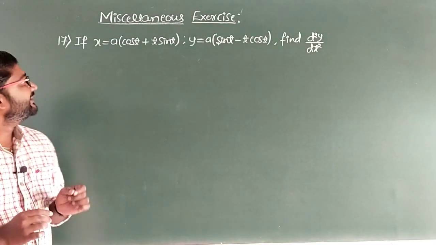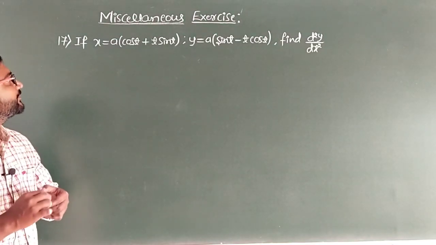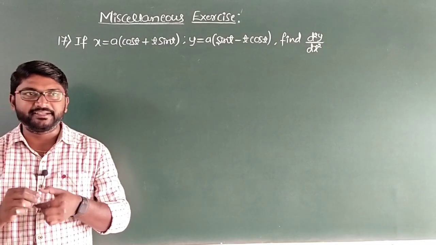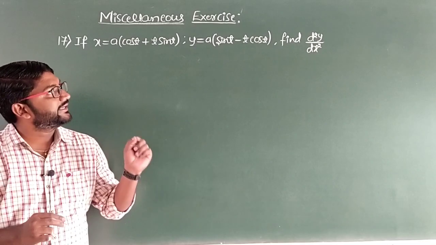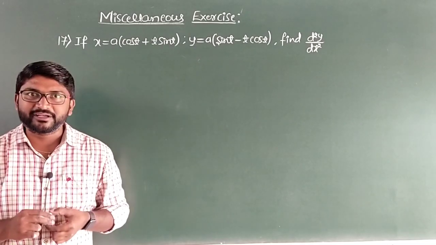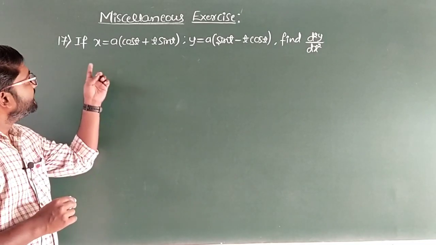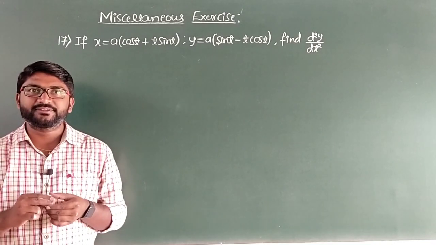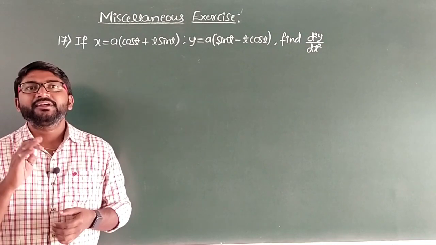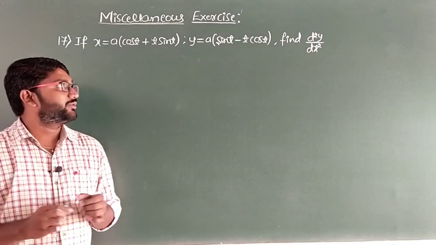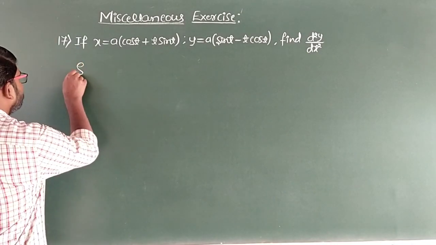Well, the question number 17, it is if x equal to a into the bracket cos t plus t sin t and y which is equals to a into the bracket sin t minus t cos t, find d square y by dx square. Again here x and y are expressed in terms of a third variable t. That means here t is going to be a parameter. We will have to make use of the chain rule. So let us go ahead with the derivative.